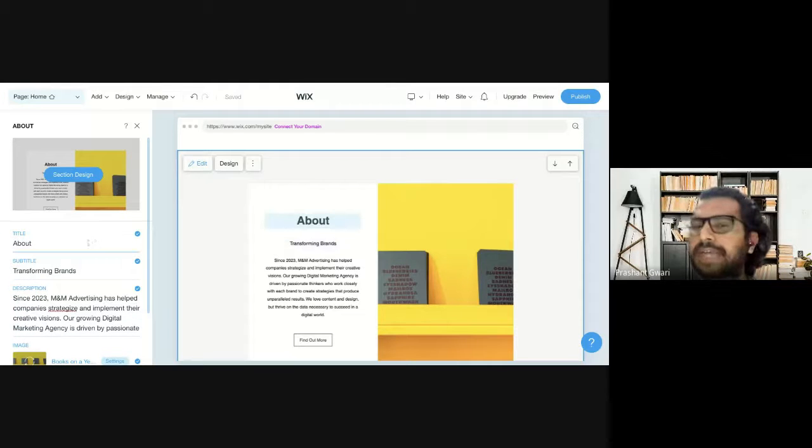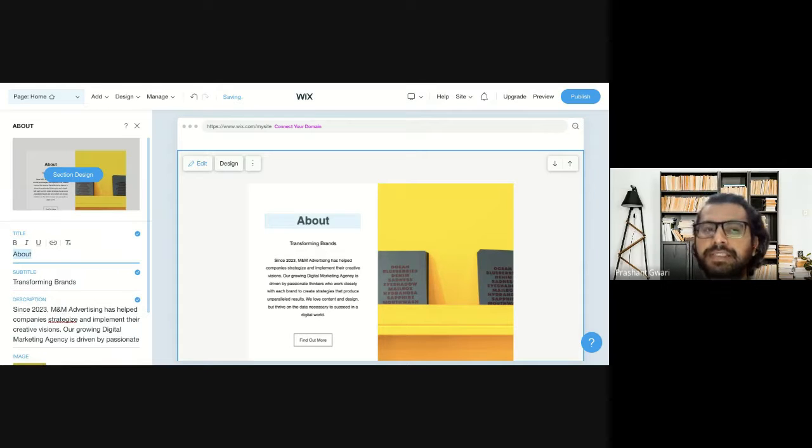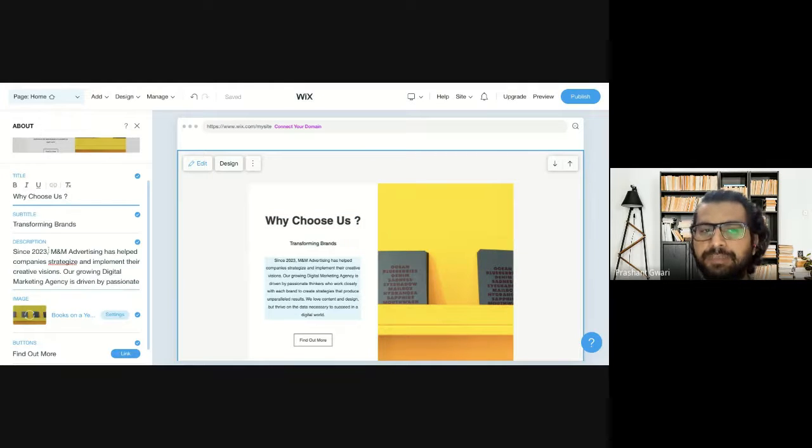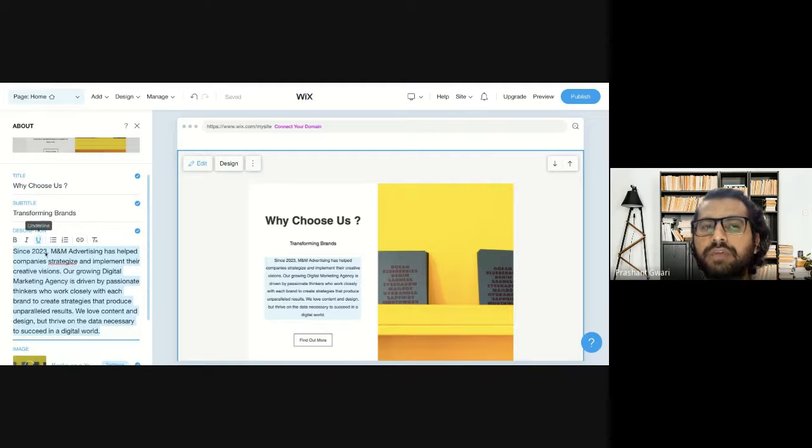About is a title. I can change this title. I can make it more interesting, because about is very normal. So I can choose something like that. I can write a catchy headline like "Why choose us." This is a catchy headline I want to use in my About Us section. Then a subtitle, and then a description part where I will try to use one or two keywords for my business, which can attract businesses. So let's start to make some minor changes here like this one. And since it is a digital marketing website, I can choose a word like digital marketing agency or social media marketing agency, web agency in my description part.